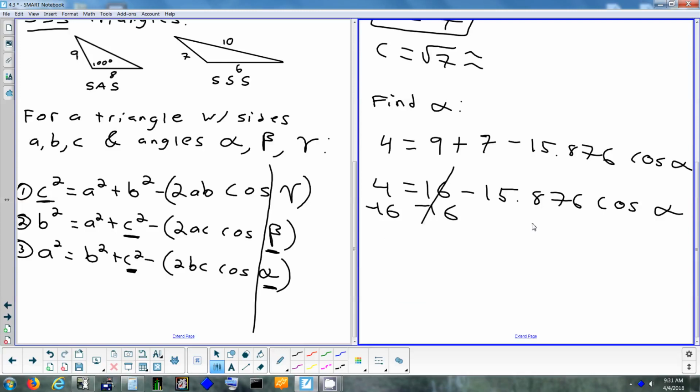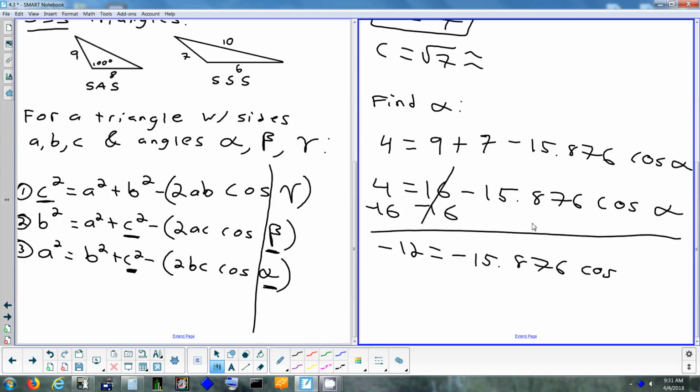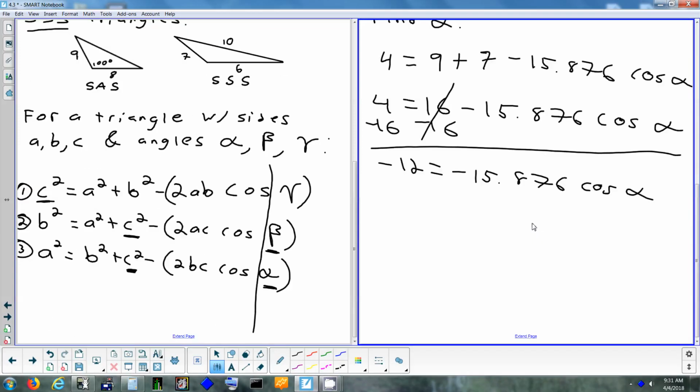Subtract 16. 4 minus 16 gives me negative 12. All right, now I've got 2 steps left to get cosine alpha by itself. I got to get rid of the number, and then I got to get rid of the cosine. Okay, how do I get rid of the number? Yep. Divide both sides. Yep. We're going to divide both sides by the negative